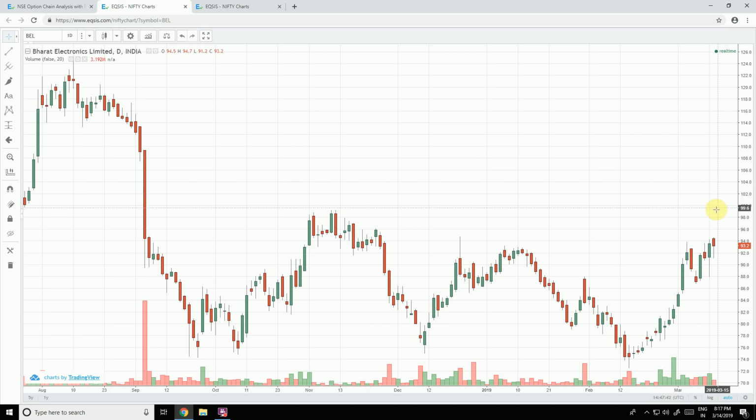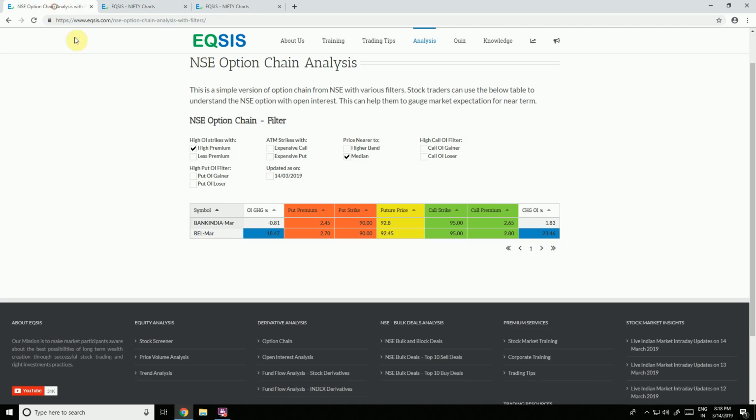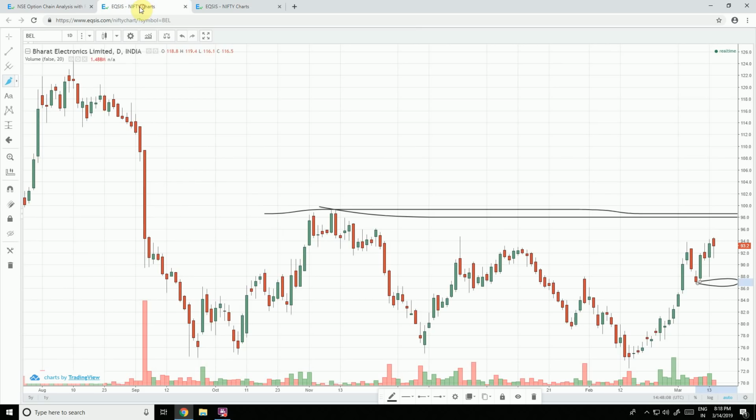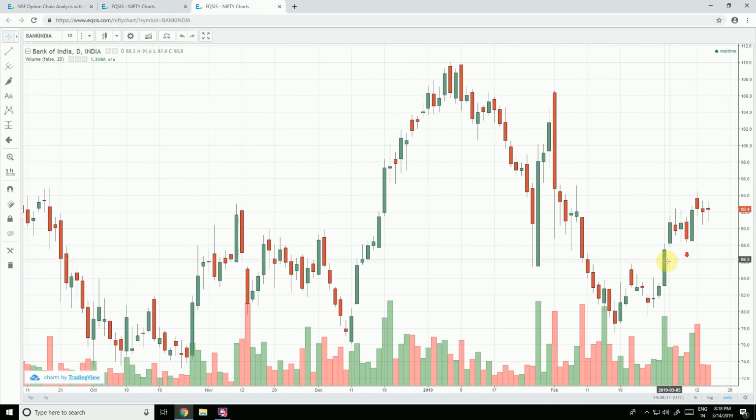It can actually struggle around 100, because we see another resistance around this level. Okay. But on the downside, a price can find a reasonable support at this level. Even at this level, I'm not actually losing much, because 90 below 5, 85 still I find a support here. So I think for BEL we can consider creating the strategy. Otherwise, let me go for Bank of India. Bank of India